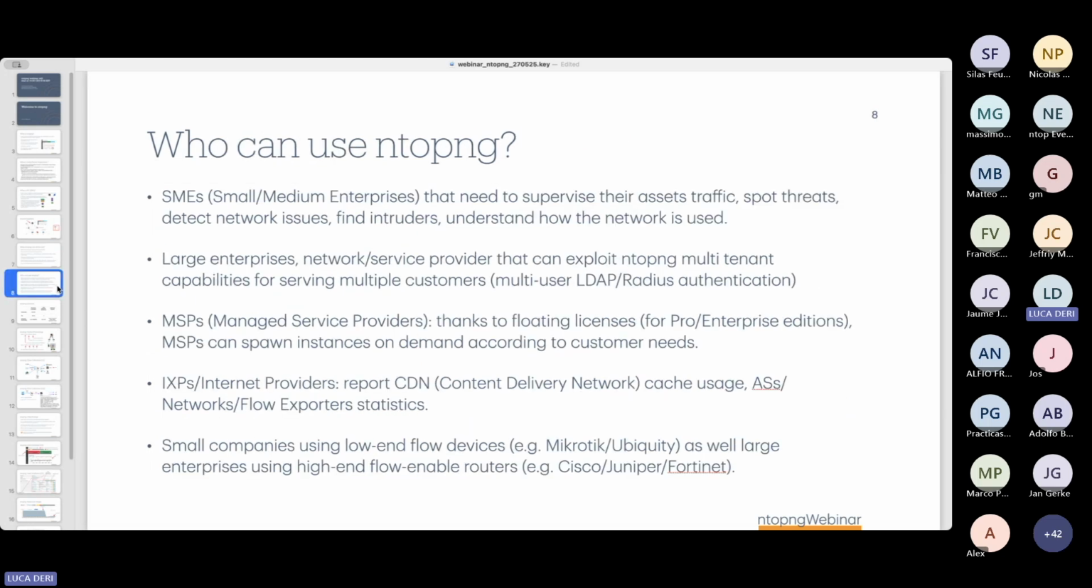So who can use ntopng? Certainly, one of our main users is SMEs. So basically, small and medium enterprises that need a tool that allows them to see what is happening on a network, not to mention home users. We have large enterprises that are using ntopng to consolidate on a single view something that is distributed on a network. So we install probes at the various network edges